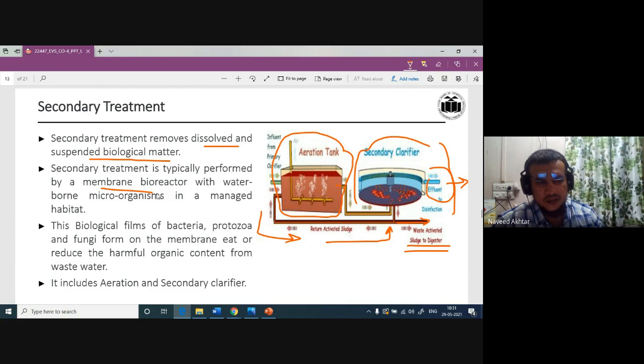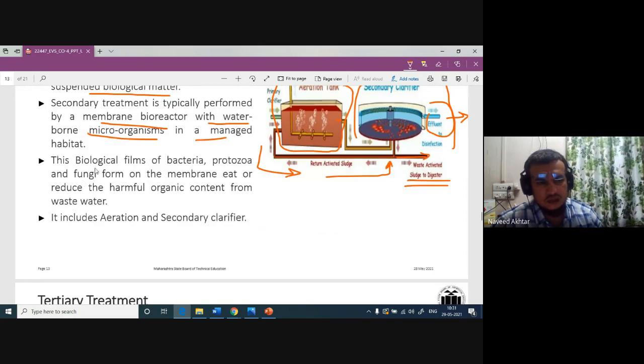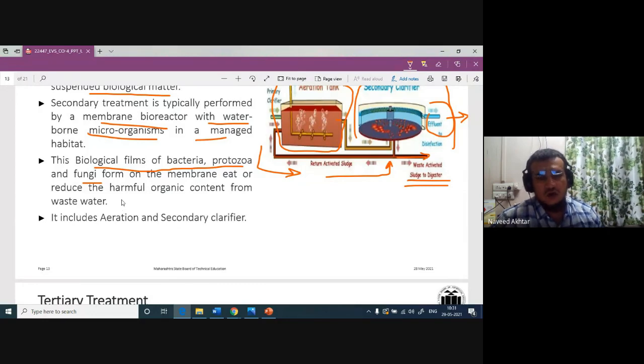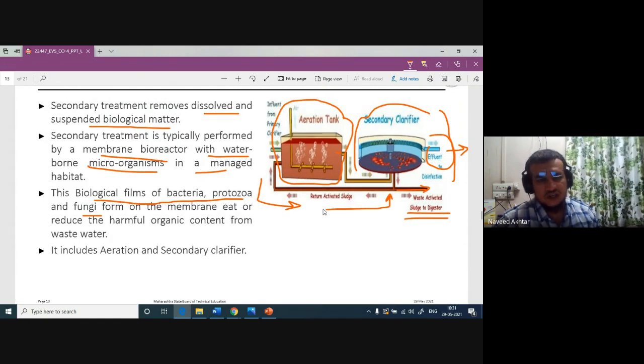Secondary treatment is typically performed by the membrane bioreactor with water-borne microorganisms in its managed habitat. The biological film of bacteria, protozoa, and fungi forms on the membrane, and eats or reduces the harmful organic content from the wastewater, right? So for the bacteria to flourish, we provide aeration,